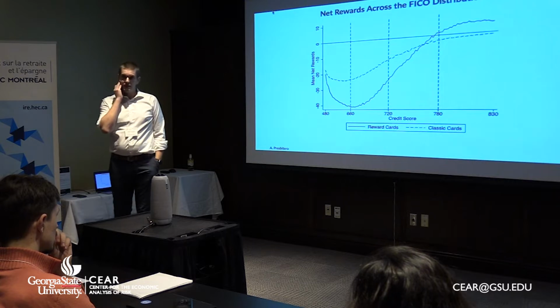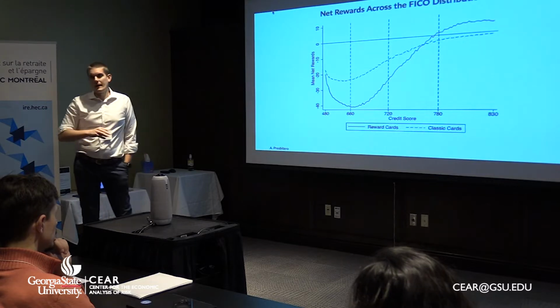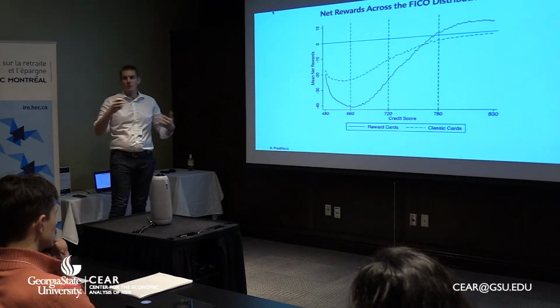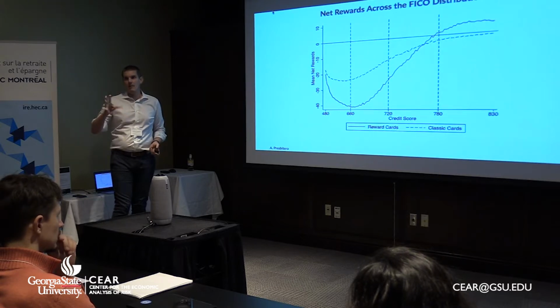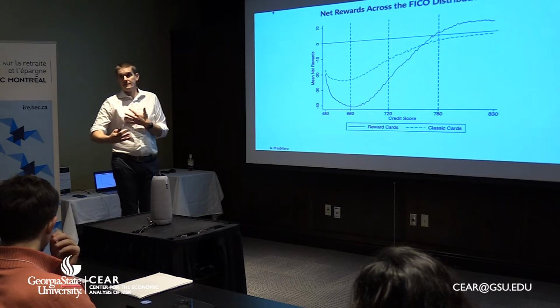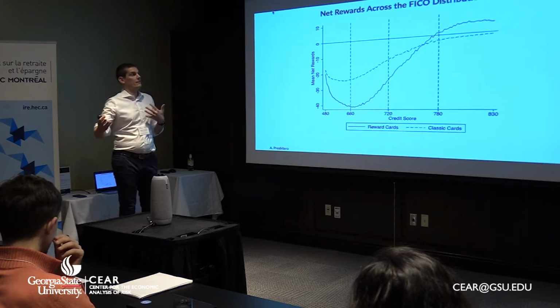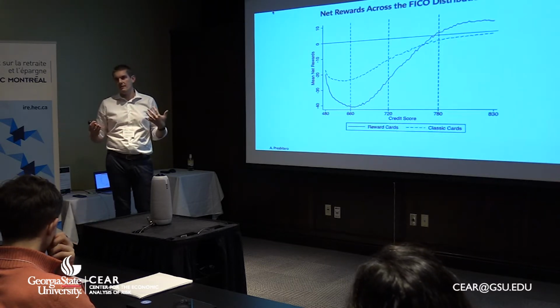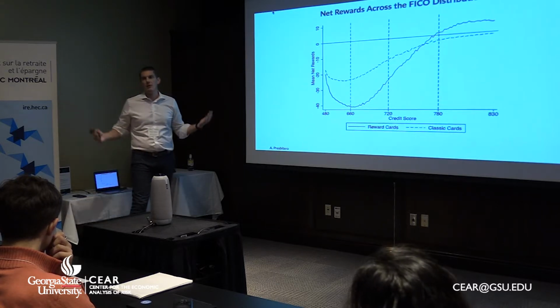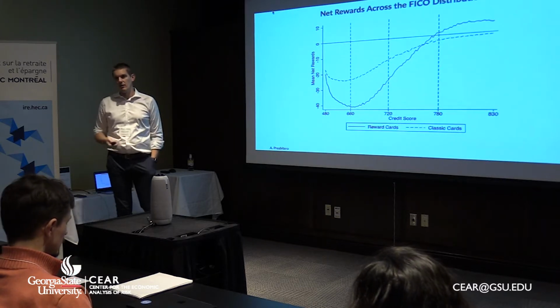So the net rewards have three components, two of which are variable. One is a variable benefit, one is a variable cost, and there's a fixed cost. Do you have a sense of whether this is just picking up more usage by people who have a higher credit score? Yeah, we'll come to that. We will show exactly, especially when we look at the bank perspective, where the source of income comes from. For some people, clearly, there is a lot of cost coming from being a revolver, and so paying a lot of interest on outstanding balances. I can tell you from now that the fixed cost fees are basically irrelevant. It's very small. So the whole story is about interest payments on unpaid balances, like being a revolver and over-borrowing.